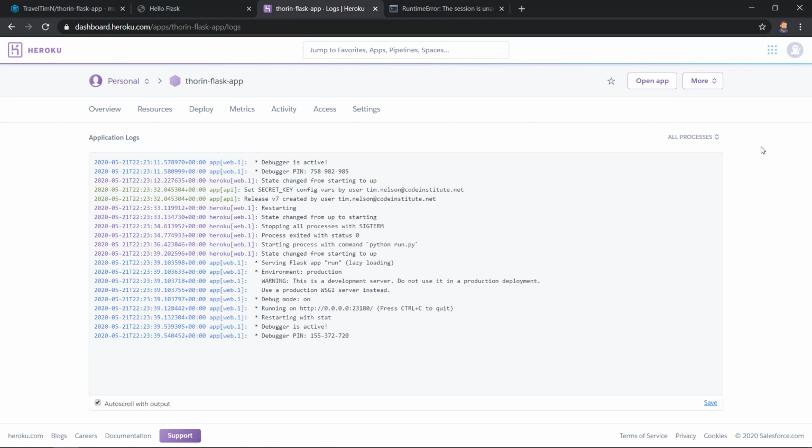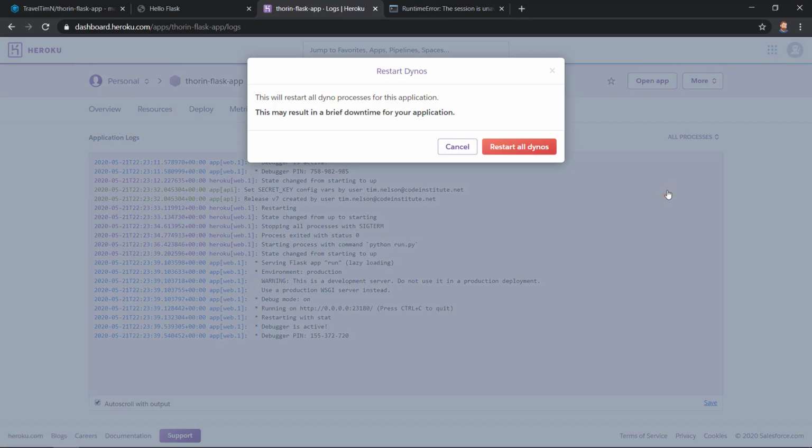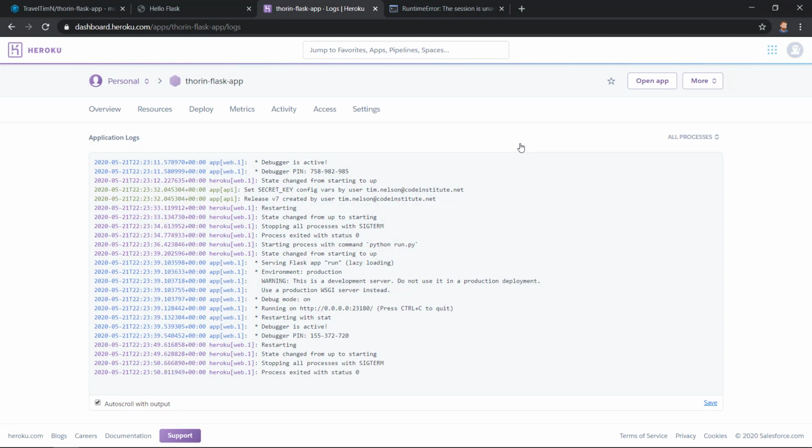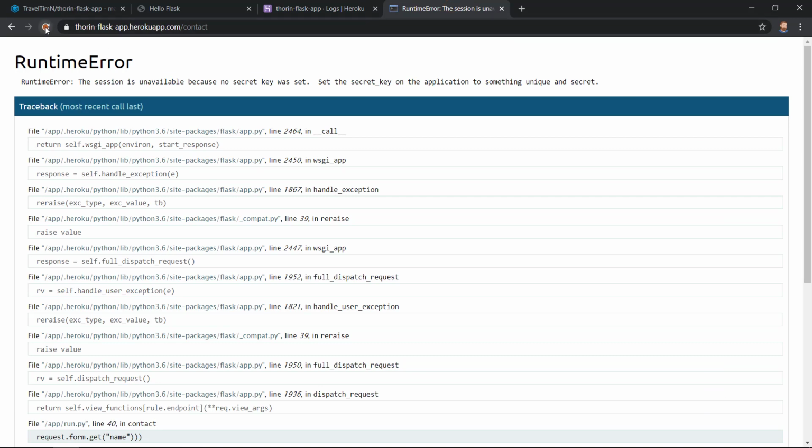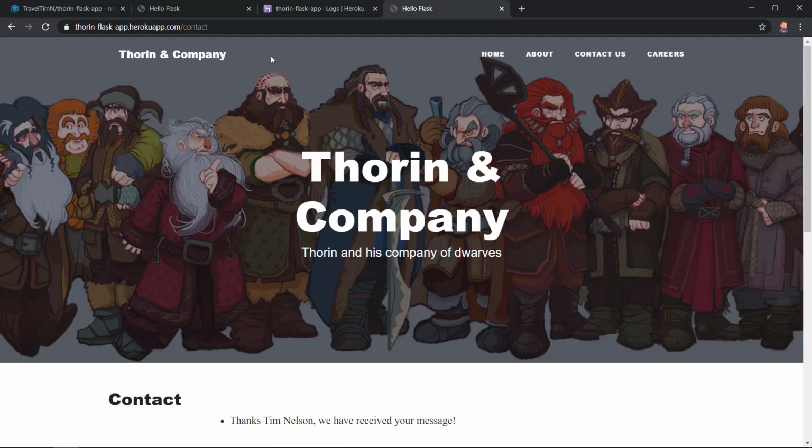Everything is running just fine, but if we needed to, we could manually restart the build by clicking More and then Restart All Dynos. The dyno is the container that's actually running our application. Dynos will only run if the site is being viewed, but will go back to sleep after 30 minutes of inactivity. If you work on your Heroku app, then step away from your computer for some time, you'll notice that it takes a bit longer to reload the page. This is because the dynos are waking back up and generating the app again out of hibernation.